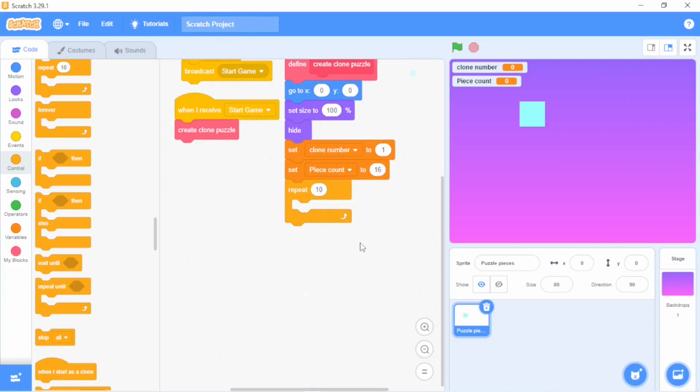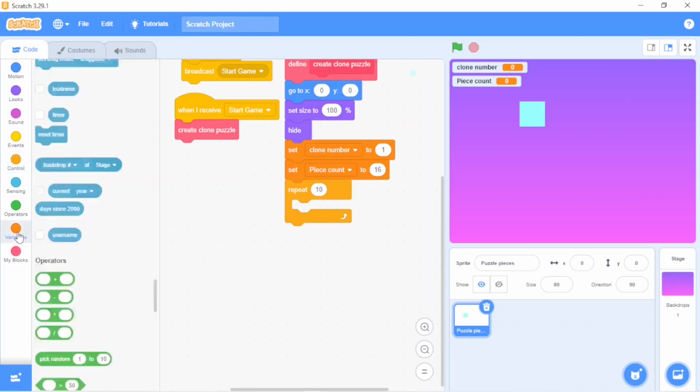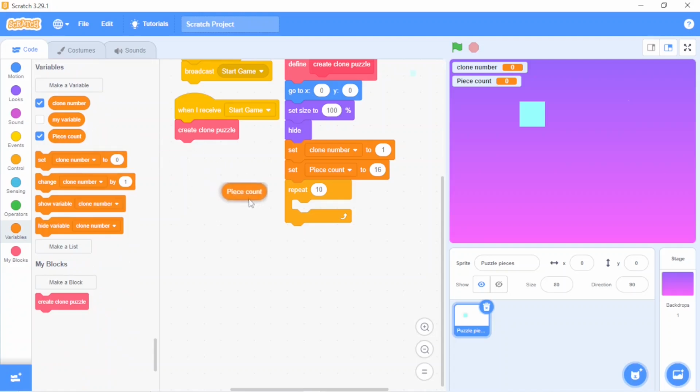This repeat cycle should depend on the piece count, how many times you want to repeat the same action. Because we have 16 pieces, on the basis of that it will repeat. So I will go to Variables and repeat the action according to the piece count.